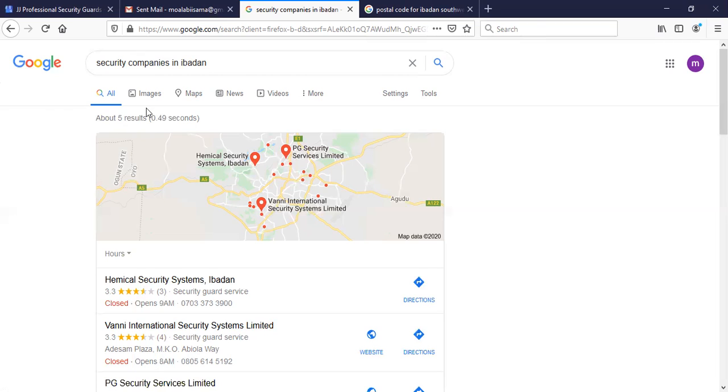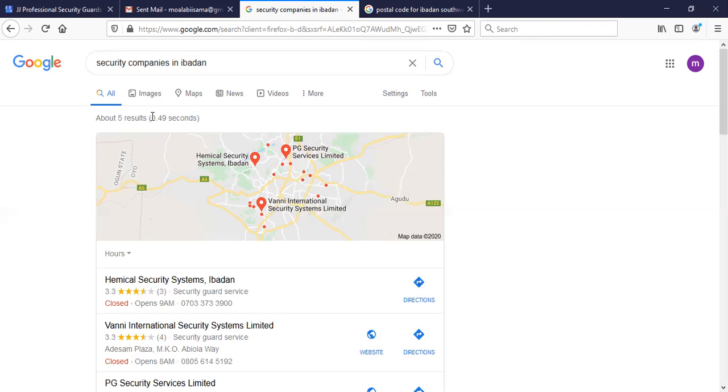On top of this place, this is the map, this edge here, there will be "near Ibadan" or wherever the location you are using. Then on top of it, there will be a category. You might use "security companies in Ibadan" so that you get this category that I'm referring to. For the phone I'm using, it is showing security companies. Okay, so I've written that down in front of that keyword.